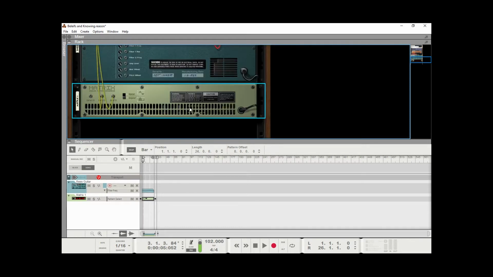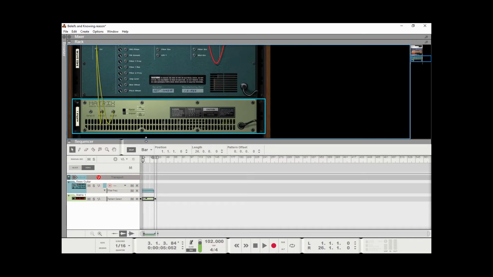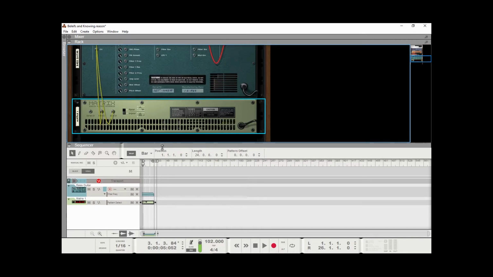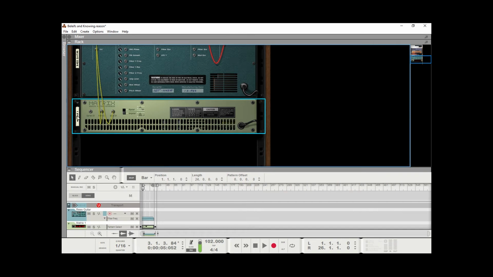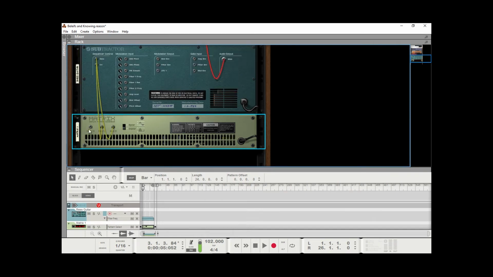But anyway, I turn this around, and this is where, of course, in the back you can hook up your CVs different ways. Let me move this down. So here's the curve out. And so I was thinking, what are some things in SubTractor that I could patch it to? And the thing is, already